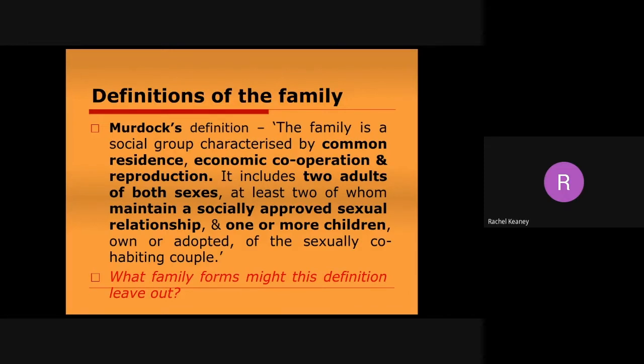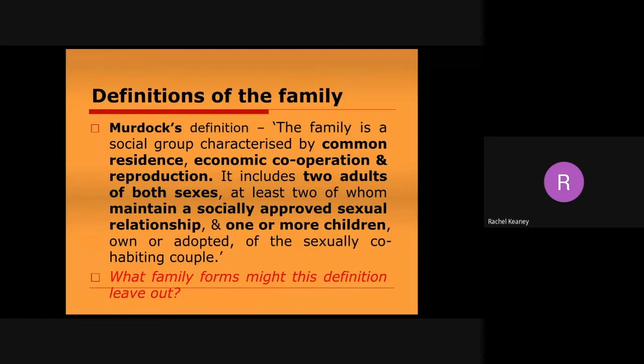So basically what he's saying here is the family members live together. So it's people you live with. Now, the economic cooperation is about looking after your family financially. So it's the parents providing for the children, making sure they're fed and watered, making sure they're clothed and they have somewhere safe to sleep. And obviously the reproduction function, okay, so